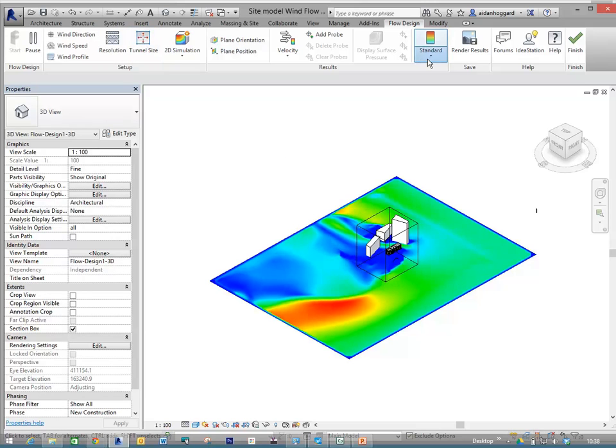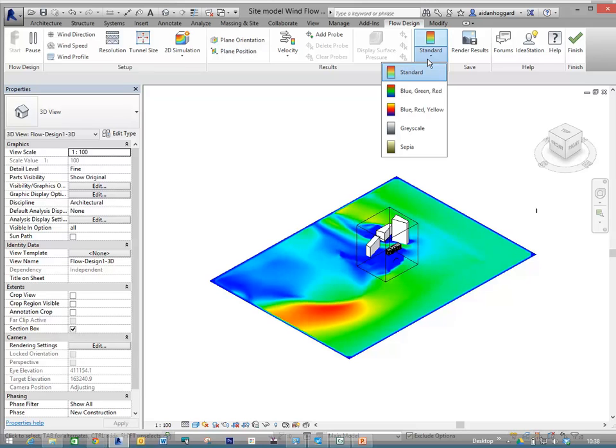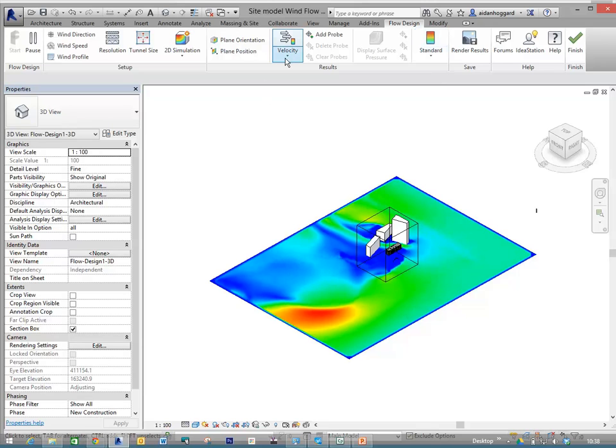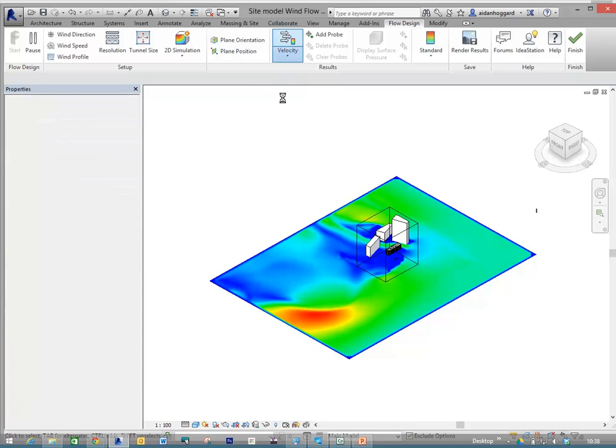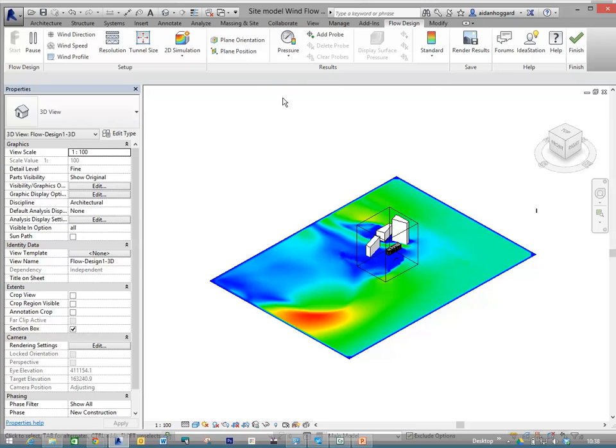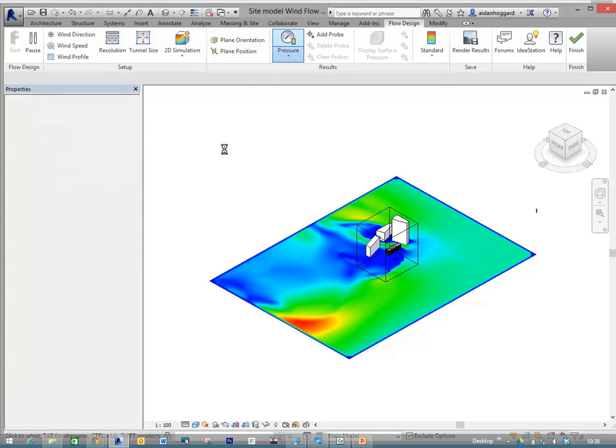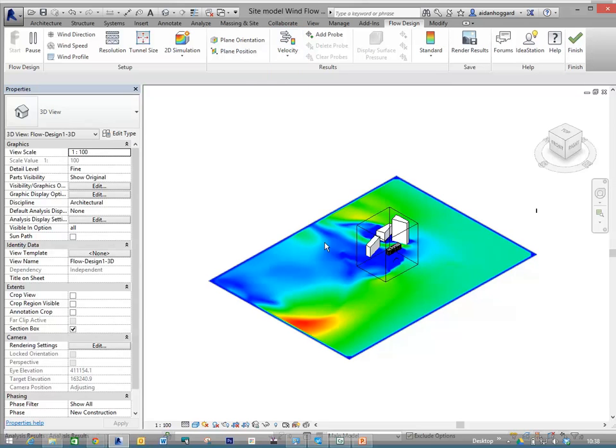You can change your color coding under your key here. You can change from velocity to pressure. So if you want to actually have the pressure of the air rather than the speed of it, you can change that. Just put that back. You can, just zoom in a bit there,